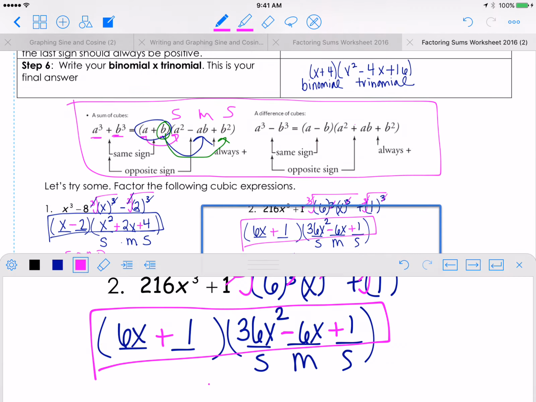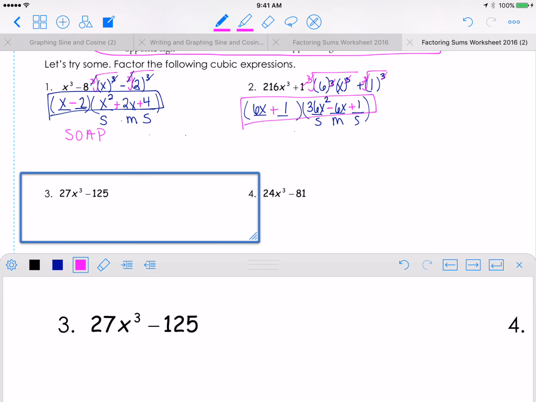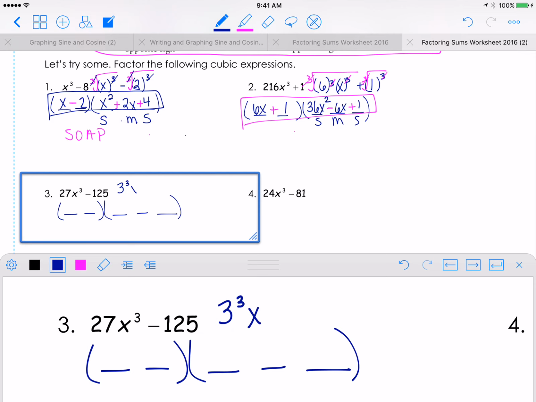So let's go do number 3. 2 more problems I'm going to do with you, and then I'm going to set you free to work on the rest on your own. Is there a GCF in here? I do not believe so. So we are going to binomial times our trinomial. So 27 can be rewritten as 3 cubed and then x cubed. And then 125 could be rewritten as 5 cubed. So then if we cube root and we cube root, we get 3x